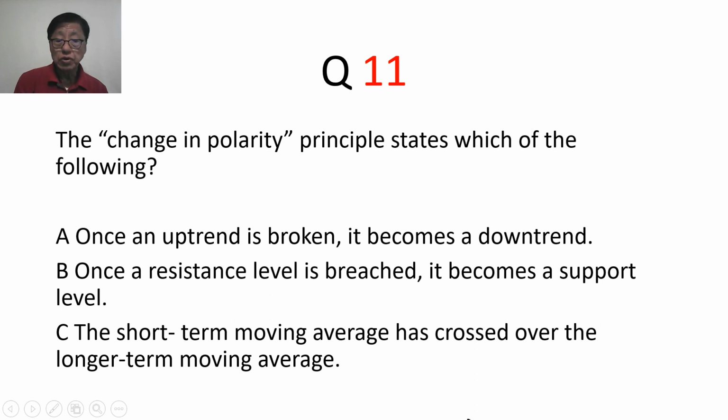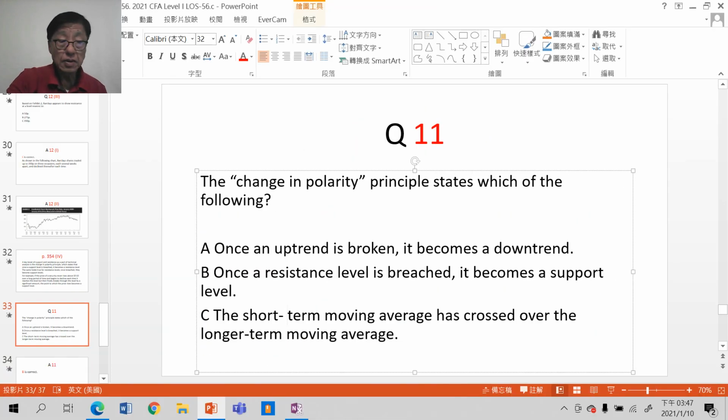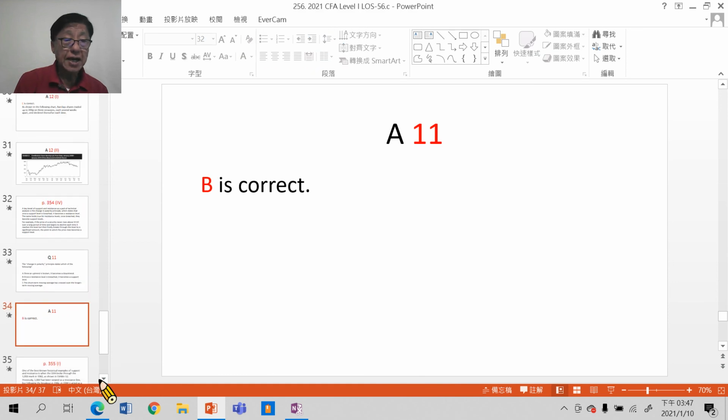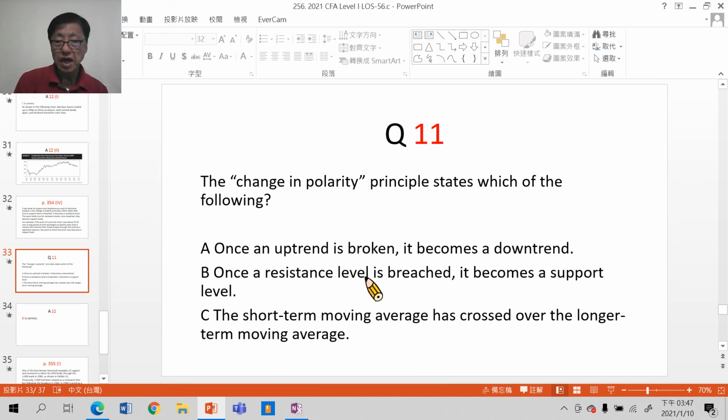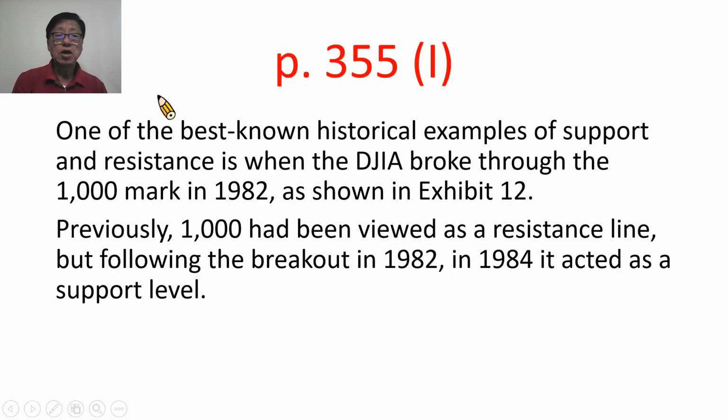The short-term moving average has crossed over the longer-term moving average。短期移动平均线交叉通过长期移动平均线。所以11题的答案是 B。B 就是说一旦压力带被突破，就变成支撑带。